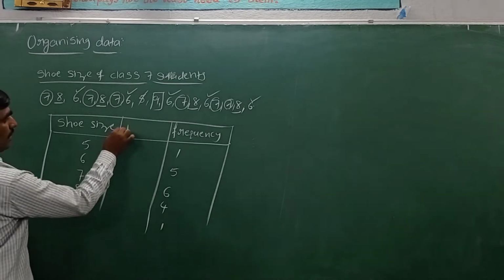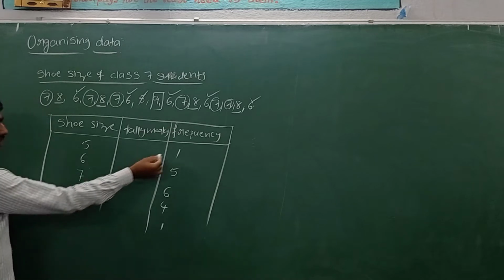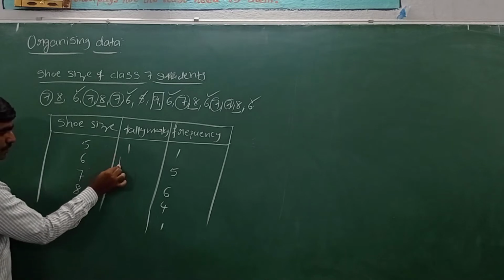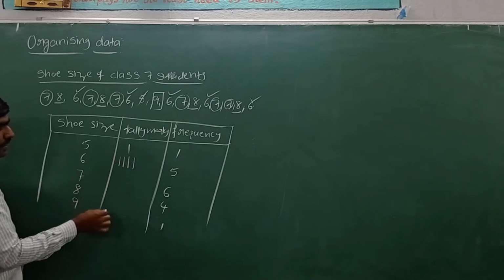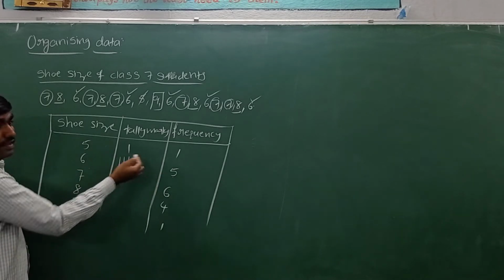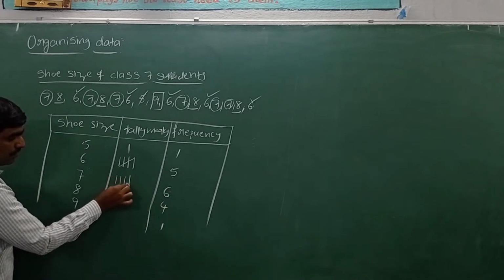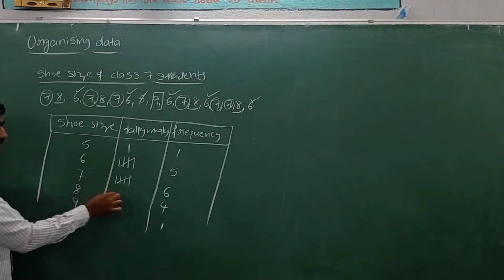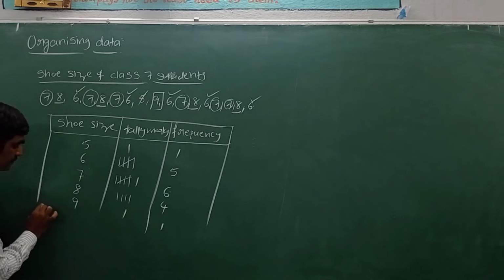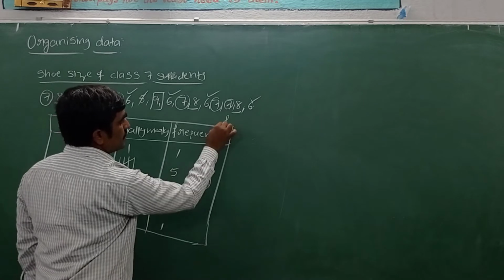Now we will express this in tally marks. Only one is there, so give one symbol. How can I represent 5 by using tally marks? We keep 4 vertical lines, 1, 2, 3, 4, and every fifth line we write as a cross. Then it will be easy to count 5 together. How can I represent 6? 1, 2, 3, 4, fifth one cross, and then one more, 5, 6. Now 4: 1, 2, 3, 4. Here only 1. So this arrangement of data is called a frequency distribution table.